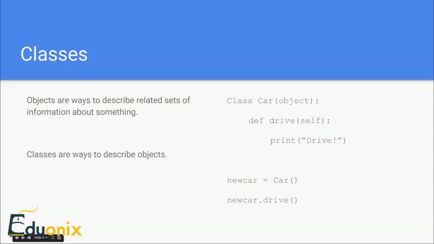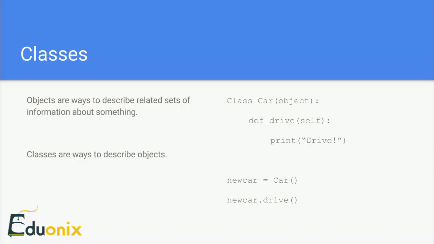And so in order to create objects, we have to write what are called classes. Classes are the descriptions of objects. So classes are where you store the functions and the ability to store the particular properties that you need. And then when you create what's called an instance of the class by calling that constructor function, using the name of the class, like we sort of looked at a little bit in the last lesson, you have what is called an instance of that class,